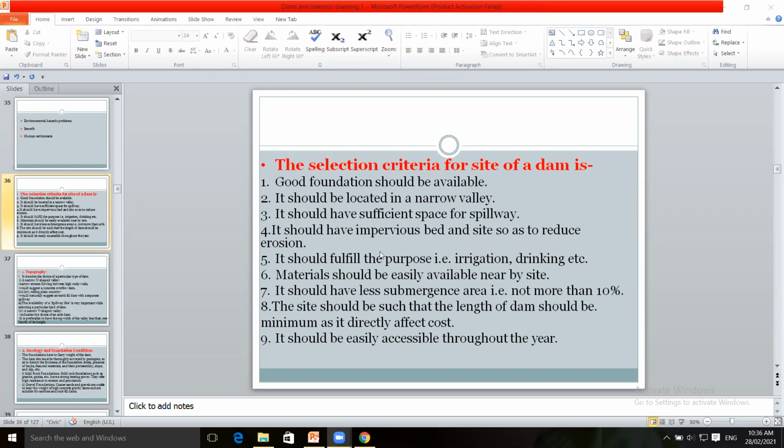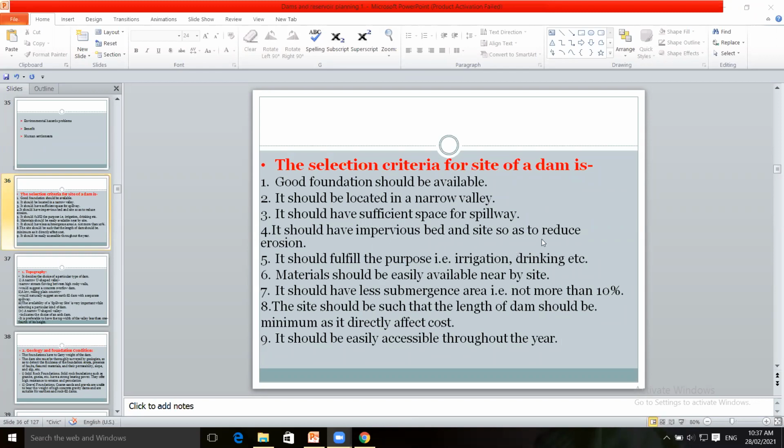The next factor is that the bed of the reservoir or the dam foundation should be impervious, and water should not percolate through it. It should reduce erosion and decomposition. If the dam is pervious, percolation will be there, due to which the dam may fail, or it may slide, or the dam may get overturned. The base of the foundation should be impervious and strong.